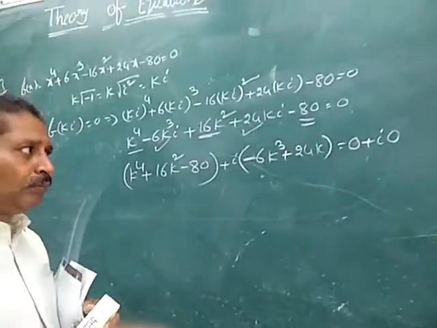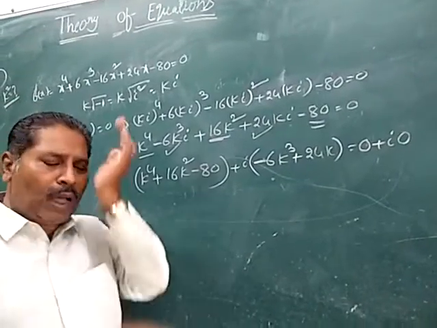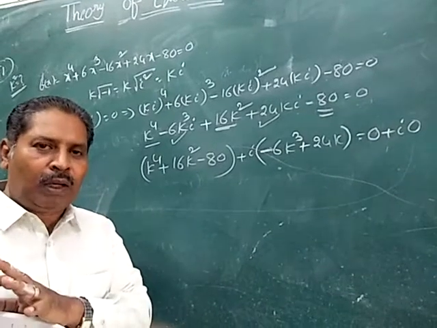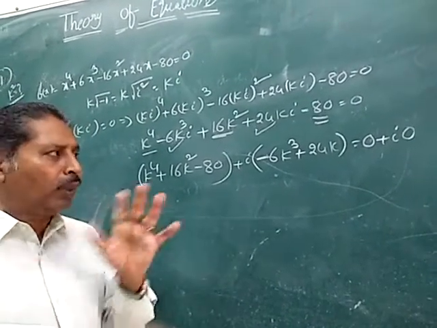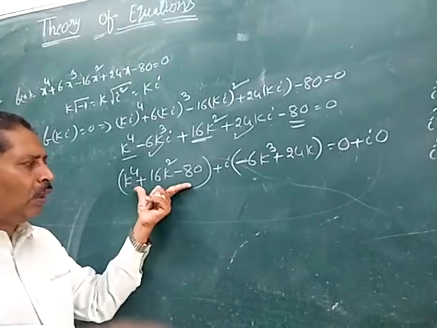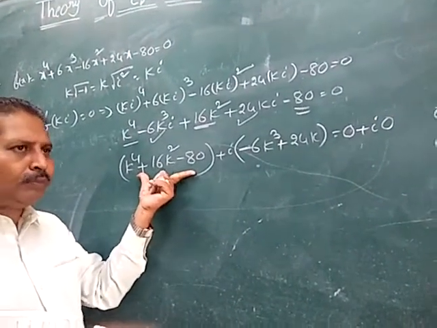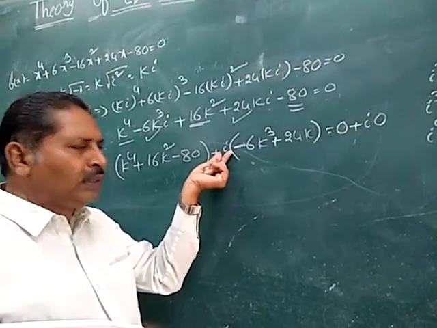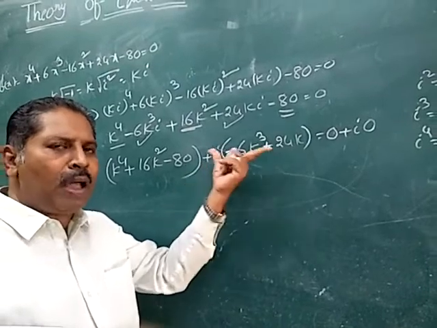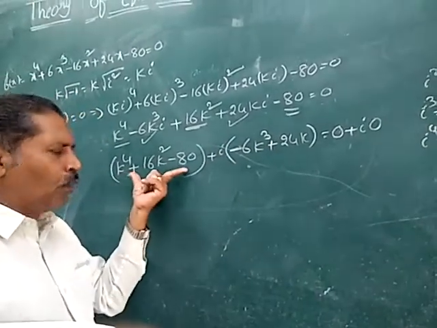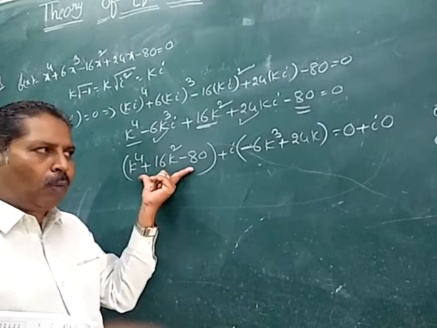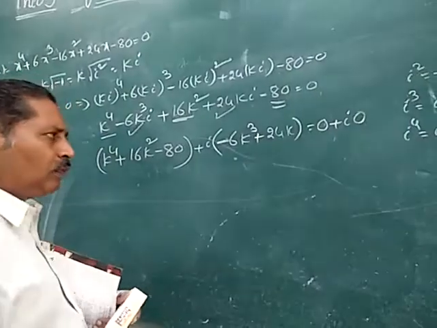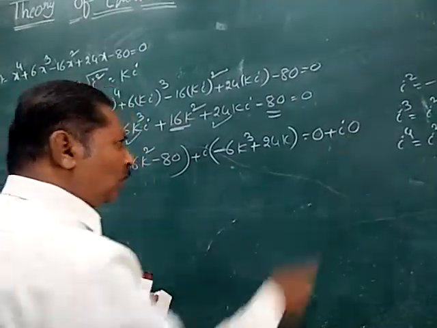You have a chapter in the senior inter, that is complex numbers. In that chapter you get this point. This is called the real part. This is called the imaginary part. When there is i, it is called the imaginary part. When there is no i, it is called the real part. So real parts are equal, and imaginary parts are also equal.